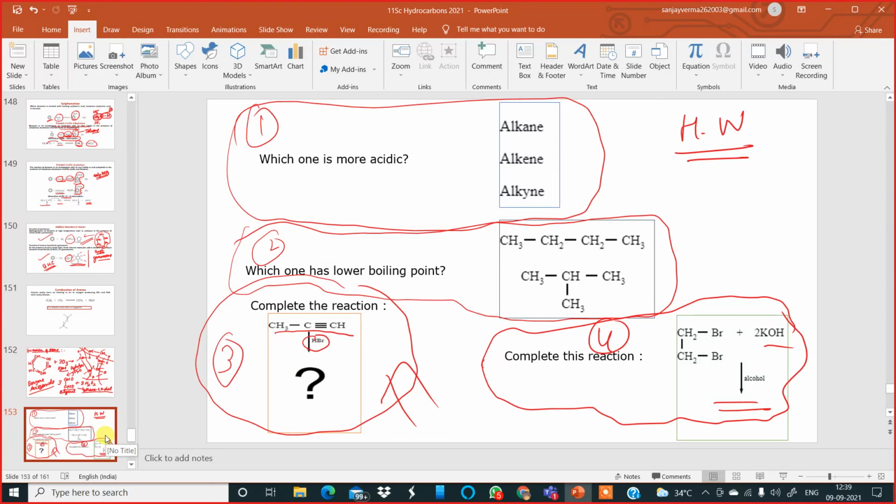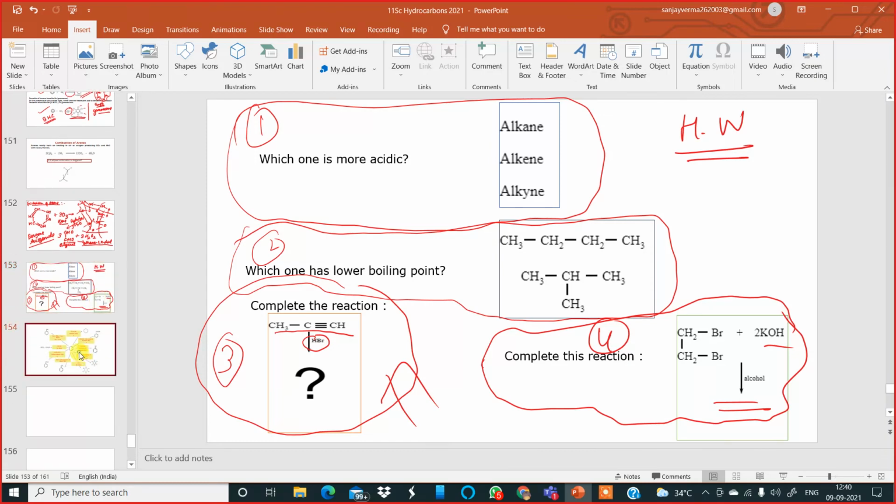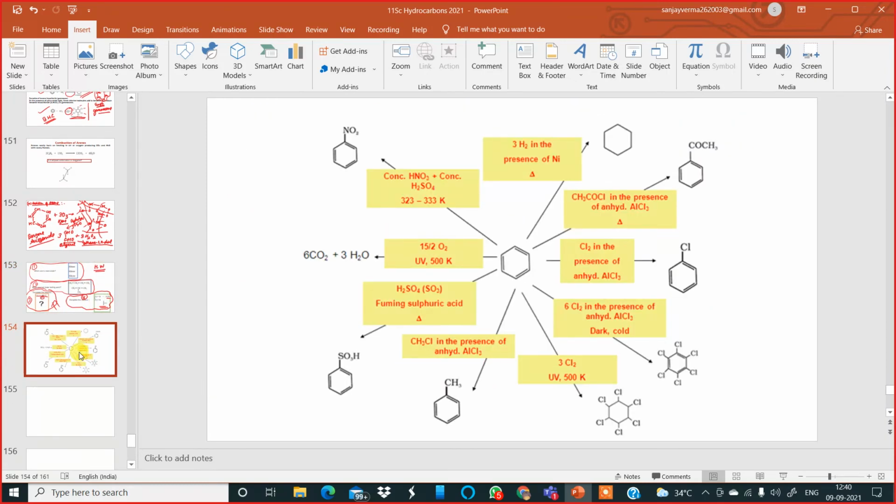So whenever you attempt to answer any questions, always try to back up the answer by a proper plausible reasoning. Then only it is better. Because you are in class 11, you have to make sure that your answers are always backed up with reasoning. Now moving to the next slide on your screen, this is the last slide for today to complete